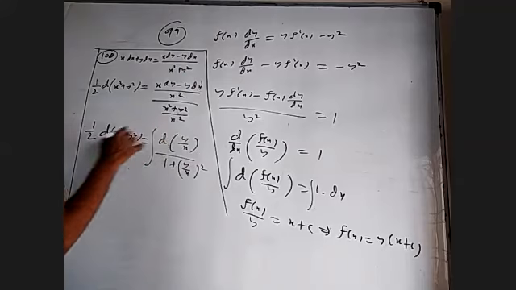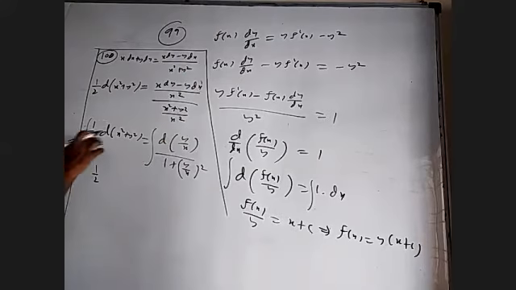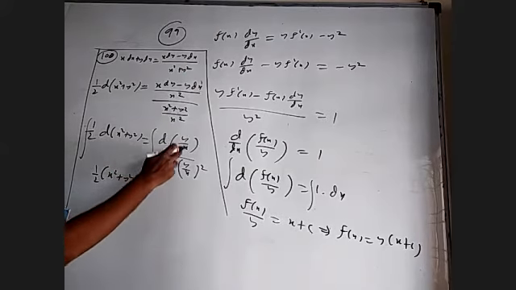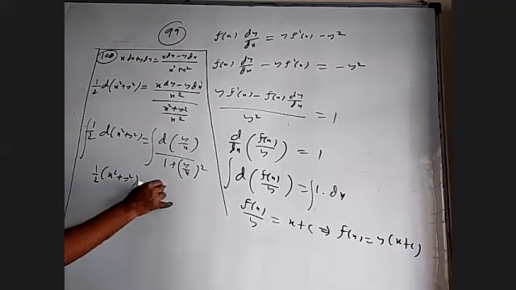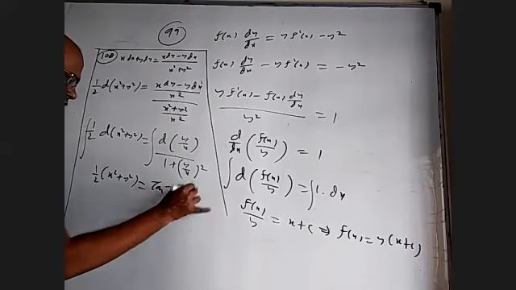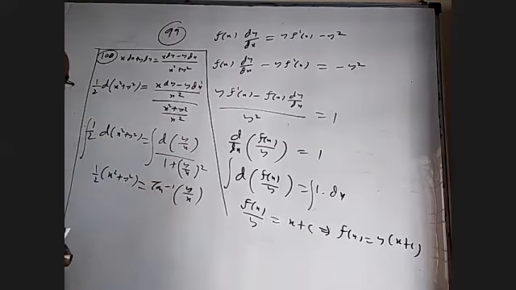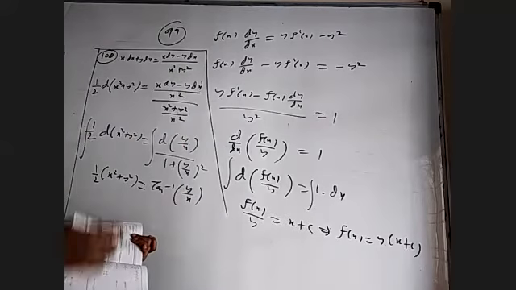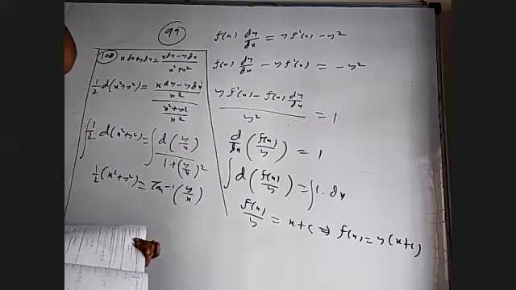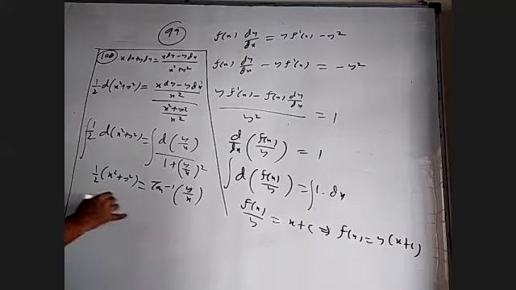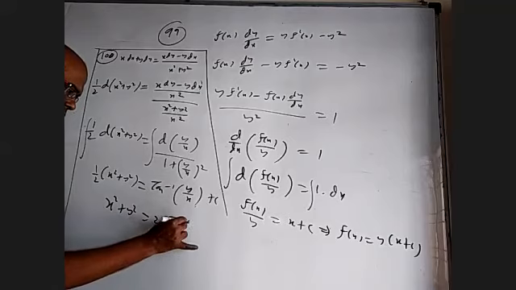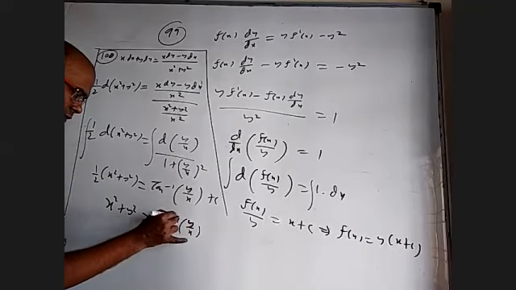So now I can integrate. Integration and differentiation will cancel. You will get x square plus y square. Here dt by 1 plus t square gives tan inverse t. So we'll get tan inverse y by x. I can send that to that side. Option B. Plus c, right, madam? x square plus y square is equal to 2 tan inverse y by x plus c.